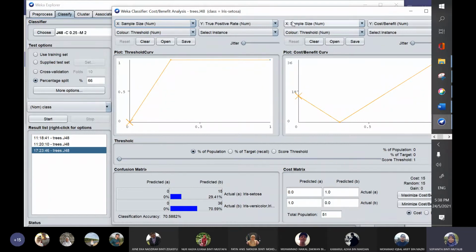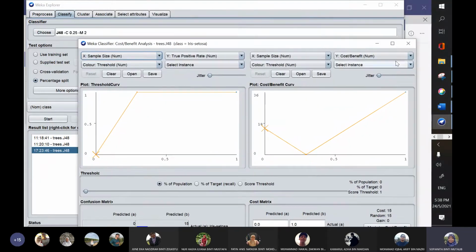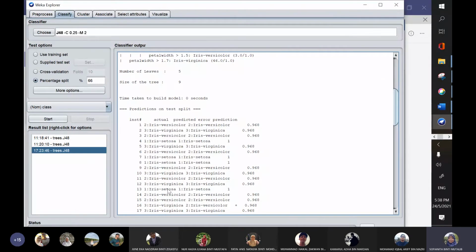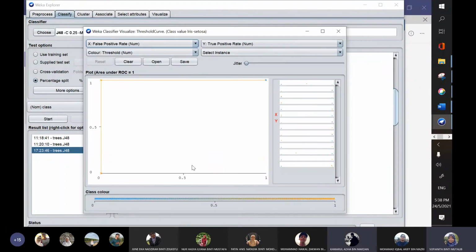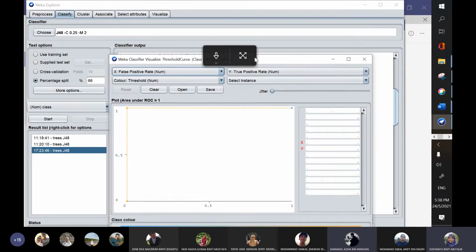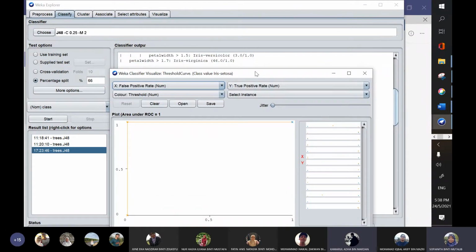Cost curve is under AUC though. This one, I guess. So even though the name is error prediction, it's actually showing how confident the model is that the data is labeled like that. Something like that. Okay, so it is this one.